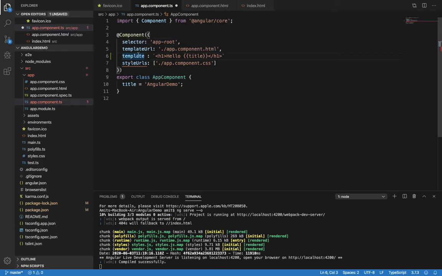So this is how you can create a template. You can create an inline template as well as you can create it in another file, and show it in the app.component.ts file with the template URL, right? So as of now I'm going to delete this template. And